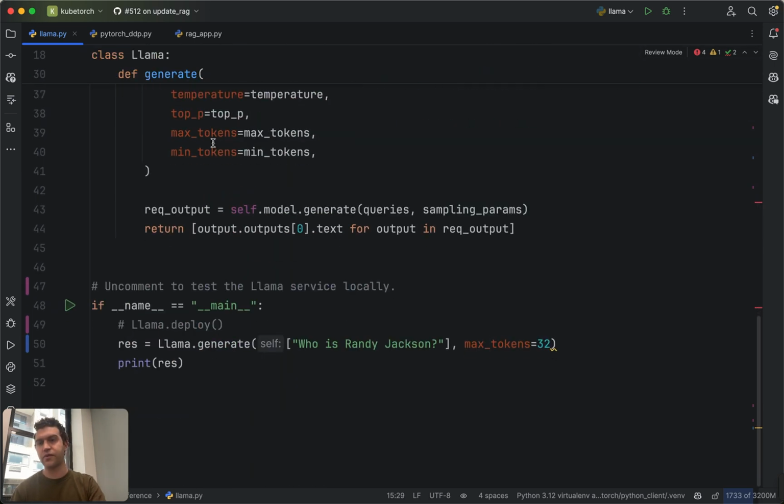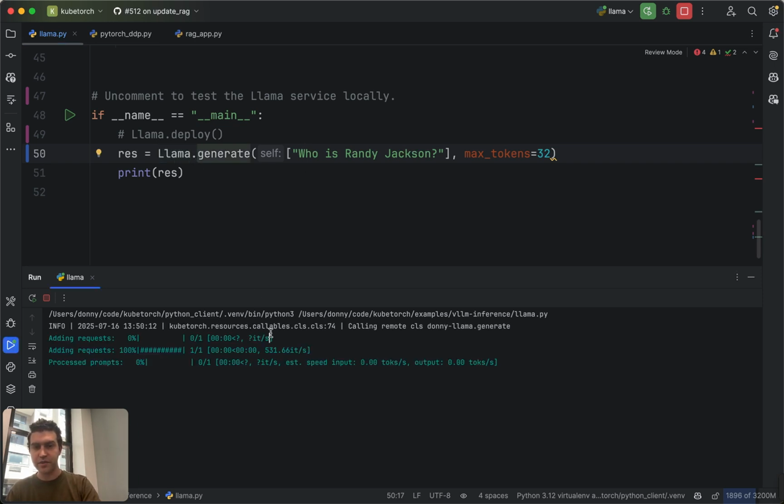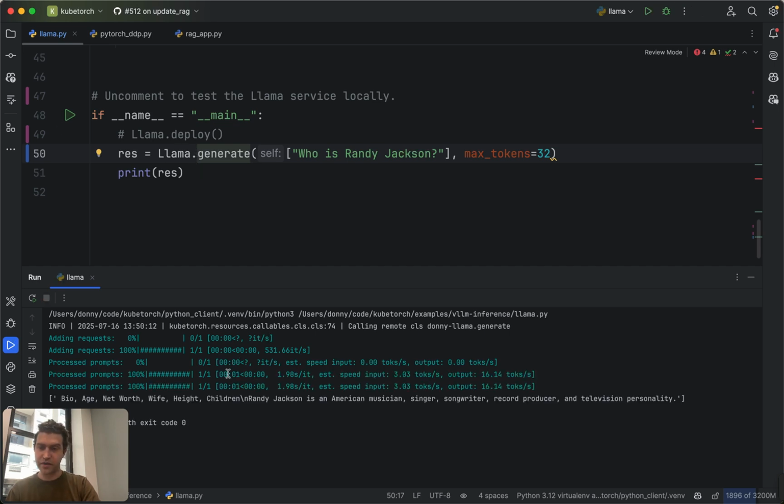But the convenient thing about this decorator API is I can also just import the class from anywhere and call it, and that will proxy to my service. So I don't need to worry about jump machines or port forwarding or anything like that. Truly anywhere I am, I can just call this llama.generate method, and it will proxy my request over to the cluster. So here, I'm just going to make this call, and you can see it immediately proxies over to my